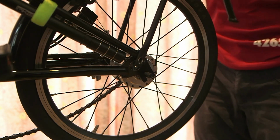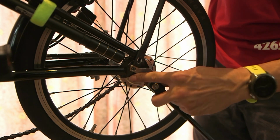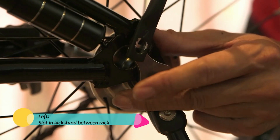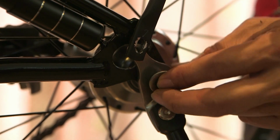Alright, so for this side, we're going to install the kickstand. The kickstand actually goes through the axle, right? Pry open the rack and make sure it goes this way. Then you install, as per regular, a washer